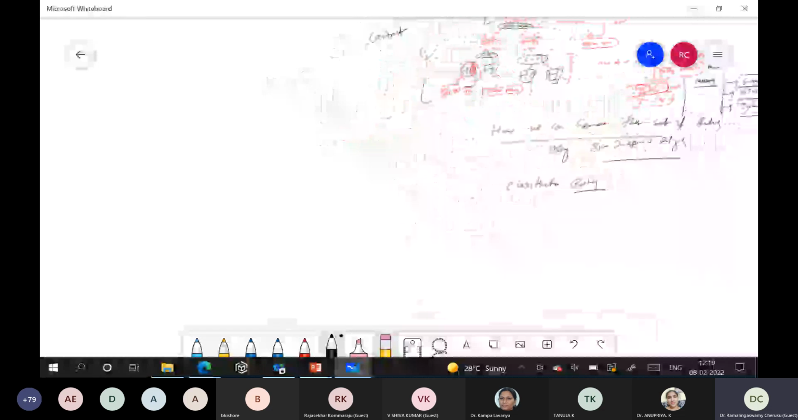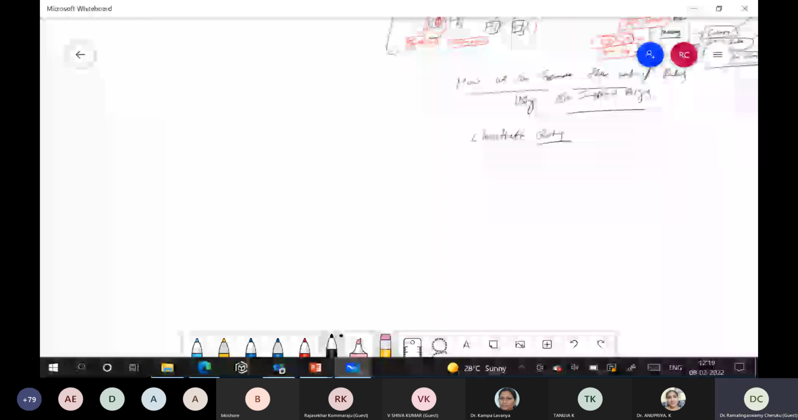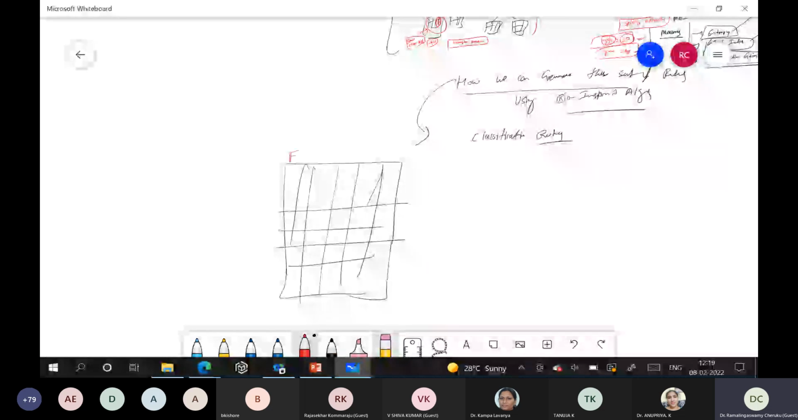So toward this end, how can we formulate this problem with the help of bio-inspired algorithms? First you have to model your problem, right? Suppose there is a data with certain features. There will be F1, F2, up to F8. There are 8 features. This is a class label,